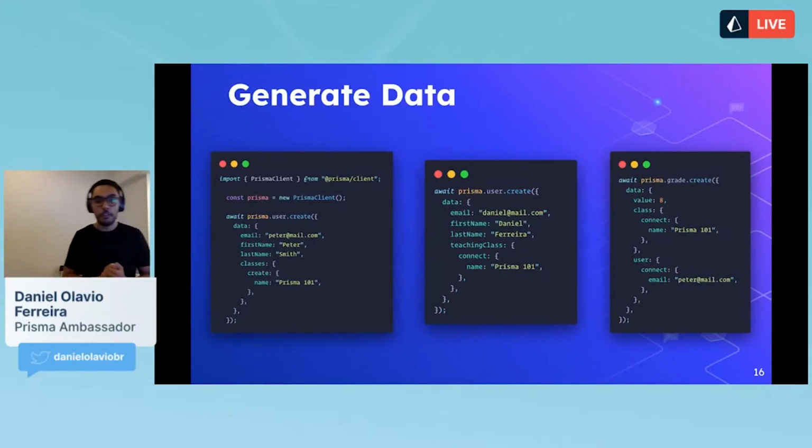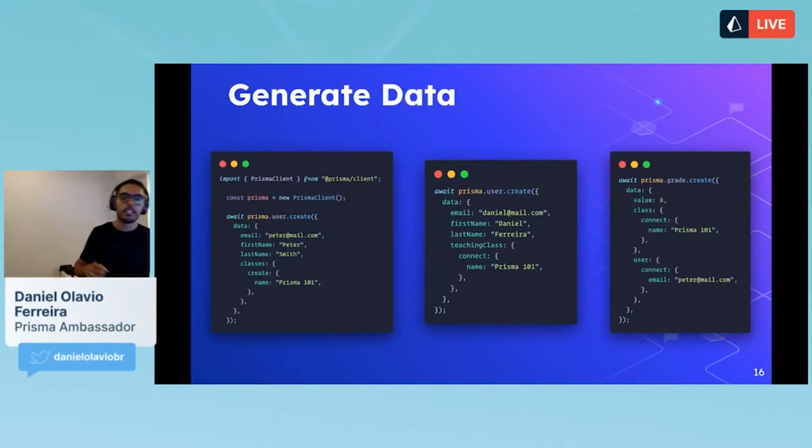So here I have three different queries that could be used in this type of application. First of all, I'm going to actually be generating my data. So first, I instantiate my Prisma client. I create a new instance of it. And then I'm going to start using it. Because it's an asynchronous function, I'm going to await prisma dot, the table that I want to work with. In this case, I want to work with the user table. So I'm going to call prisma.user.create, and I'm going to pass the options that I want.